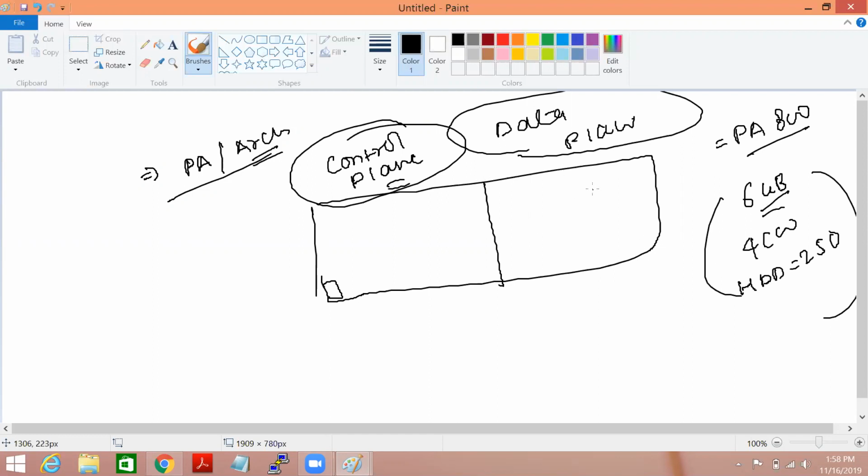Let's say I provide 4 GB RAM to my data plane and 2 GB RAM to my control plane, 2 core CPU to my data plane and 2 core CPU to my control plane, and the hard disk drive, which nowadays is a solid state drive, SSD, of 250 GB.